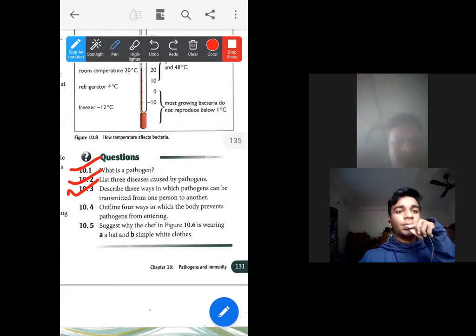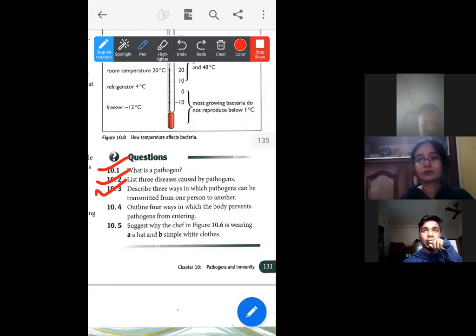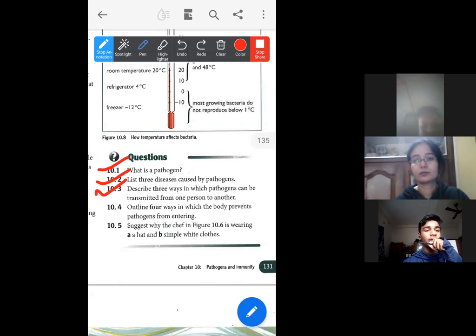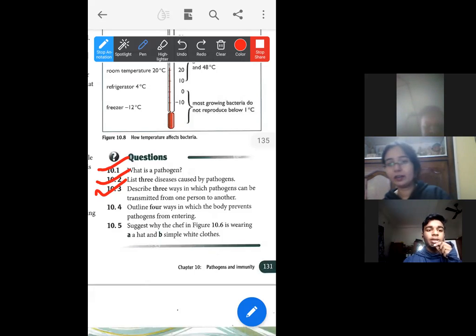Number one, a bacteria is called AIDS. It can be transmitted from one person to another. If any infected person's blood comes into contact with any uninfected person, he may become infected. Can you tell me the name of the virus that causes AIDS?